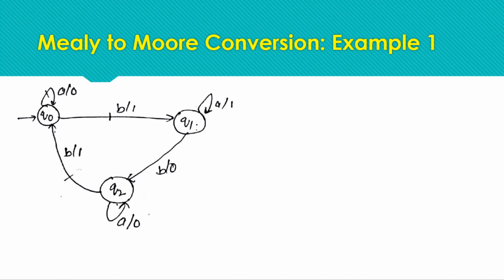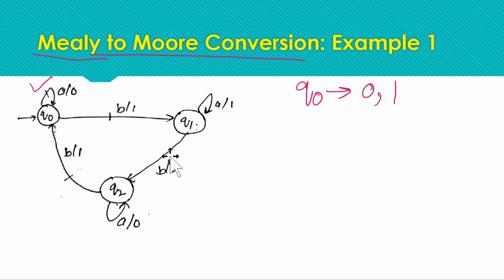to Moore conversion, we cannot follow the same approach, because in this Mealy to Moore conversion, we need to track multiple outputs corresponding to one state. As a Mealy machine can have multiple outputs at one state, we need to track all of those outputs. So for example, for state Q0, we have 2 incoming, and 1 incoming is giving the output 0 and 1 incoming is giving the output 1. So for Q0 we are generating 2 outputs, one is 0 and one is 1.